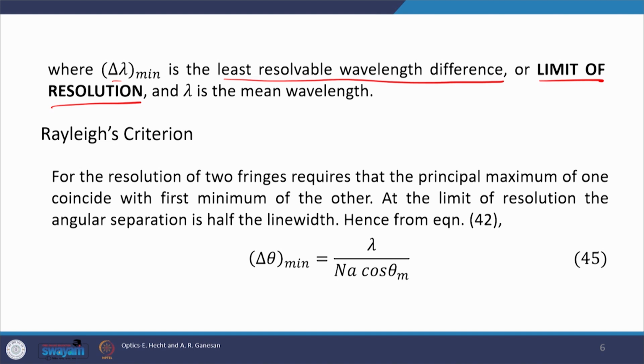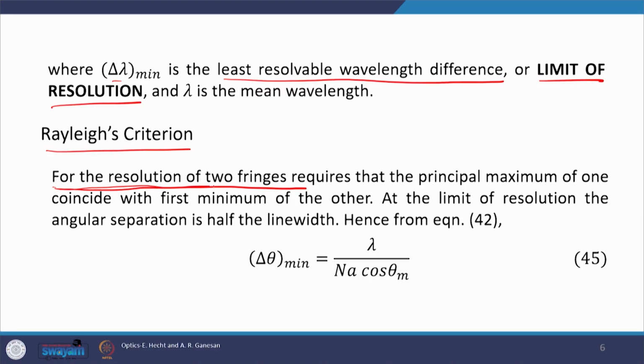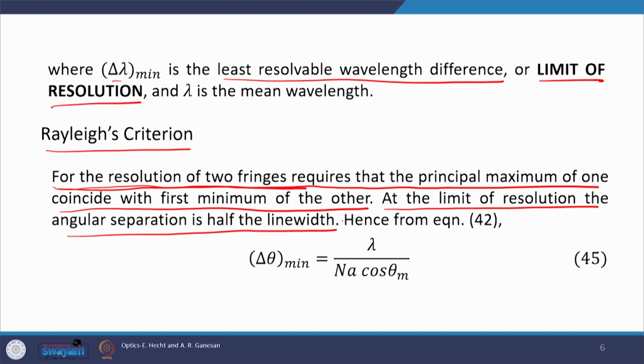Now, once the limit of resolution comes into the discussion, we also talk about the criterion for defining the resolution. Then again Rayleigh comes into the picture, and Rayleigh gave a criterion which is the same criterion we discussed in the case of multiple slits. The criterion says that the resolution of two fringes requires that the principal maximum of one coincide with the first minimum of the other. At the limit of resolution, the angular separation is half the line width. I will reread it: for the resolution of two fringes requires that the principal maximum of one coincide with the